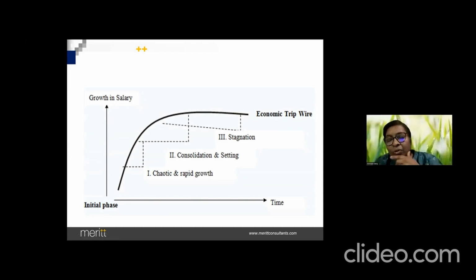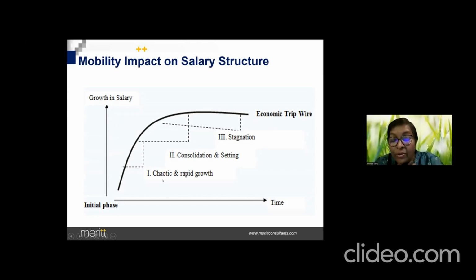So typically, when I'm shifting a job, say a software developer, to India, somebody said 3 to 4 lakhs you can get, or if there is much more demand, I can increase it to 5 to 6. If there are many more mom and pop shops, I'll increase it to 8 and 10. But there's a level up to which I can go. That point is called the economic tripwire. So what is the meaning of economic tripwire? Any guesses?